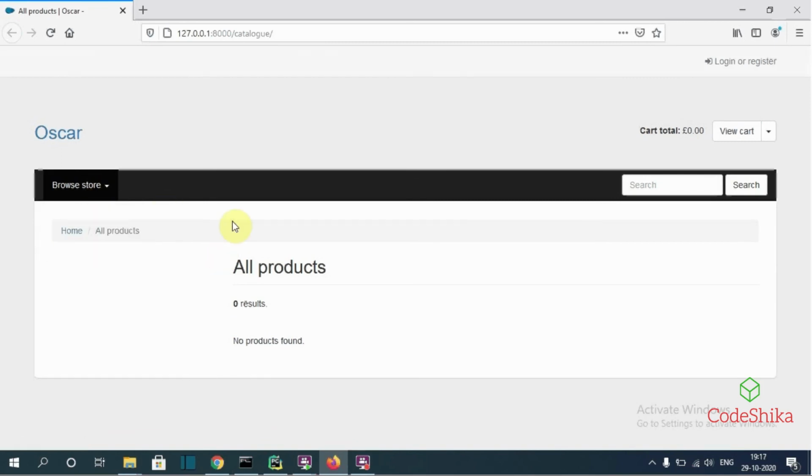So friends, in this tutorial I have taught you how to install and set up the environment for Django Oscar in our project. In the next tutorials we will see the functionalities of Oscar's default apps and how to customize those functionalities.